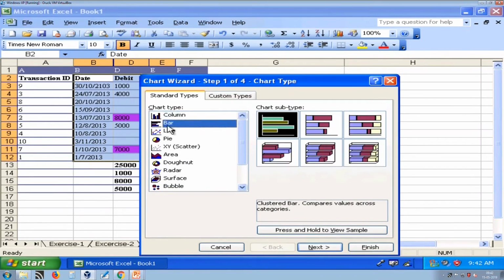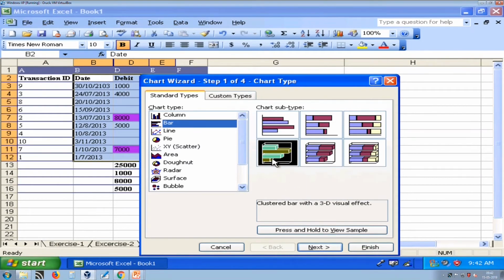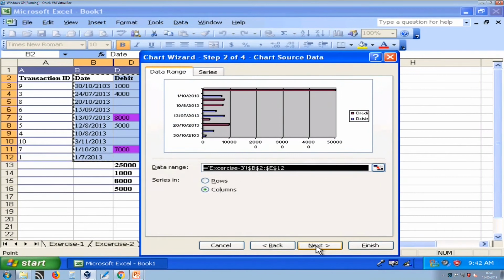Here we want to create a bar chart. So, select bar, and here we want to use this kind of chart. So, select the type of chart that you want to display and press next.